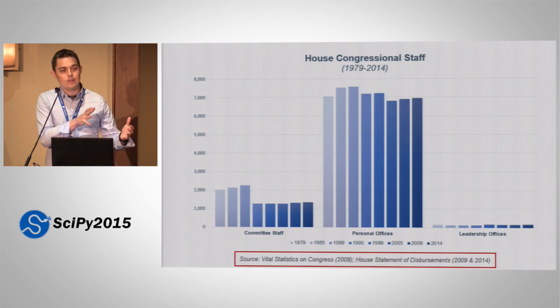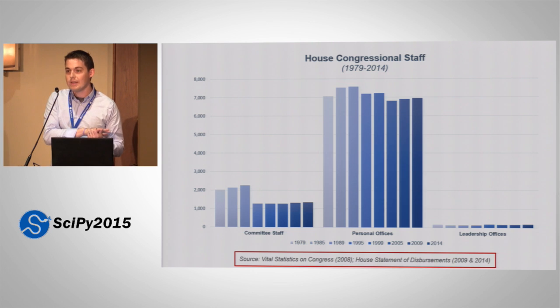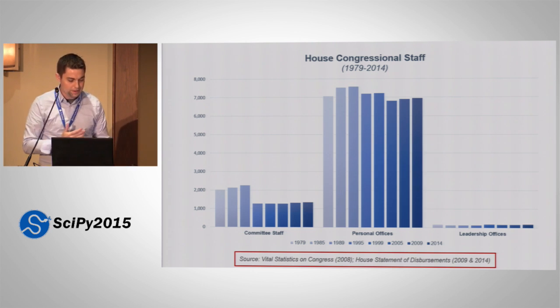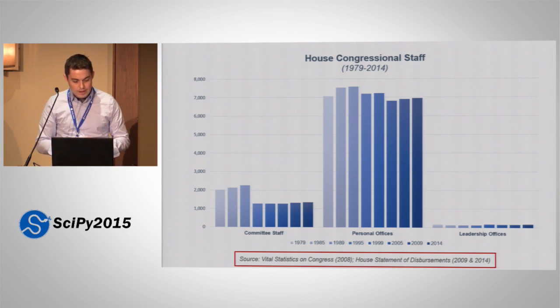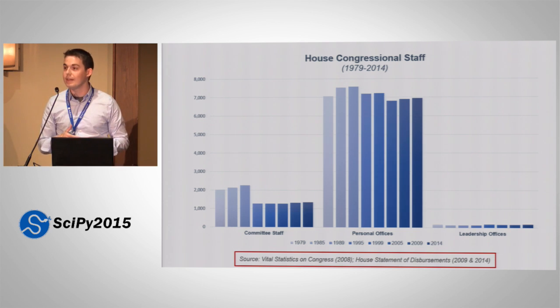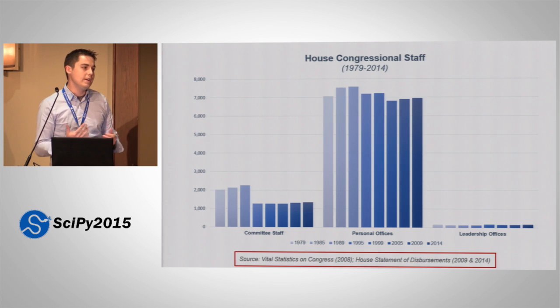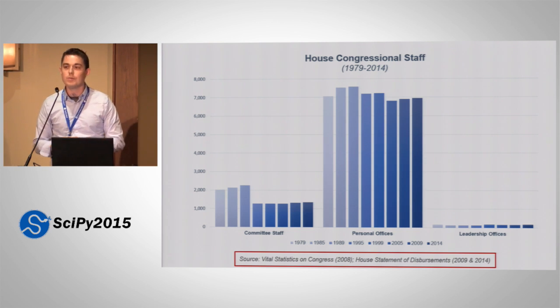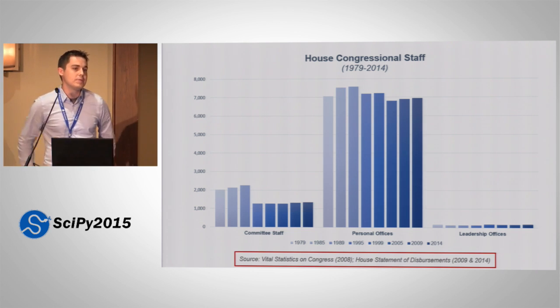And what you can do is take a look at the disbursements made for personnel compensation to see how many people are on the rolls of the staff. And what we find is at the committee level, from 1979 to 2014, there was a huge shift beginning in 1995. The reason why is, if anyone is familiar with a former Speaker of the House by the name of Newt Gingrich, he introduced the Contract with America, which was aimed at shrinking the size and functions of government. And one of the ways that he was able to deliver on that proposal was to gut